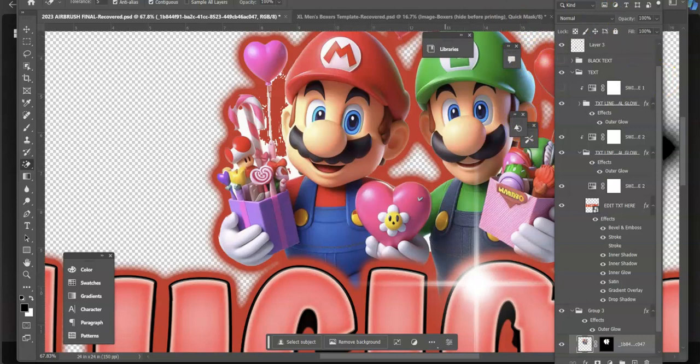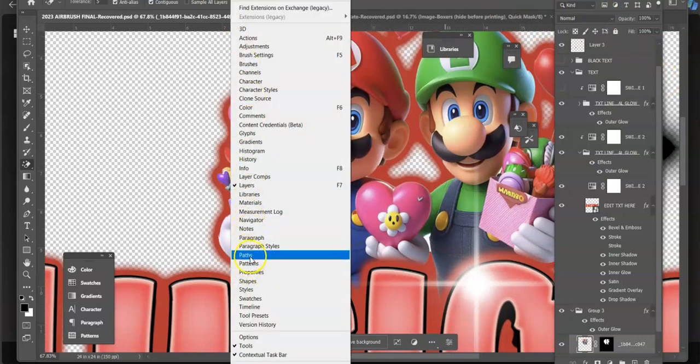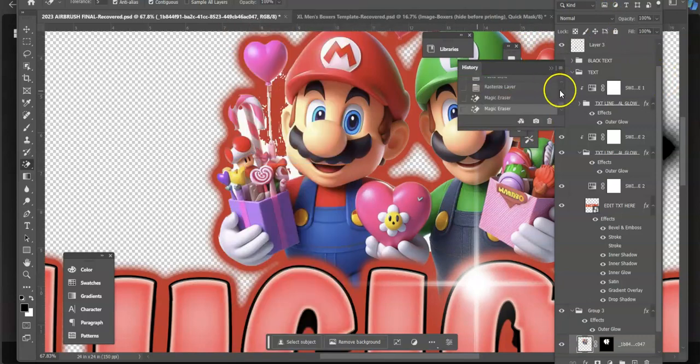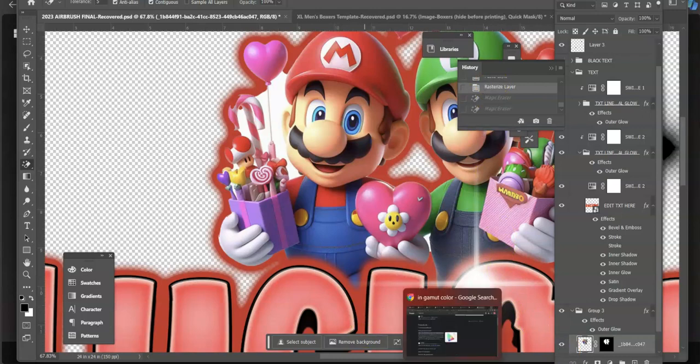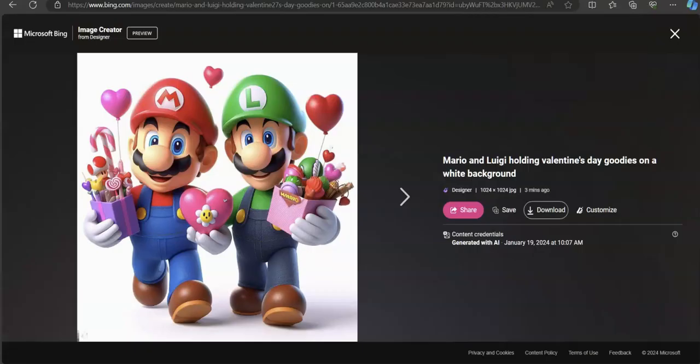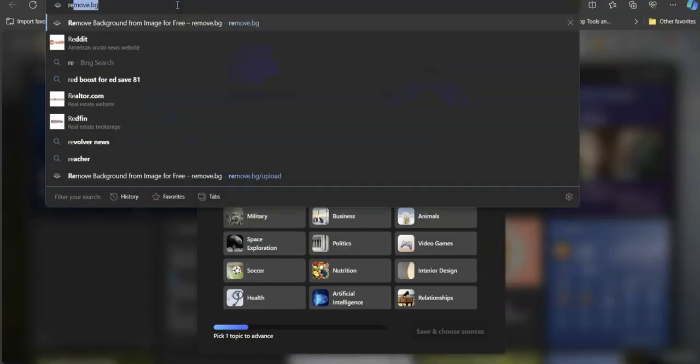Where is my history? Sometimes when you get to working, you don't see all. Oh, even the background cleanup wasn't the best. So I'm actually going to take this image and go to remove.bg, which is now like a Canva